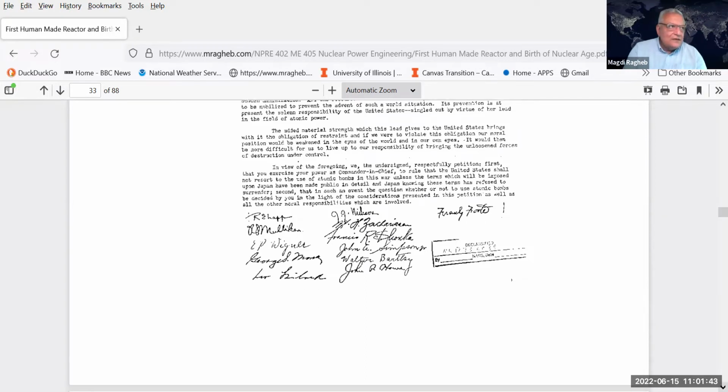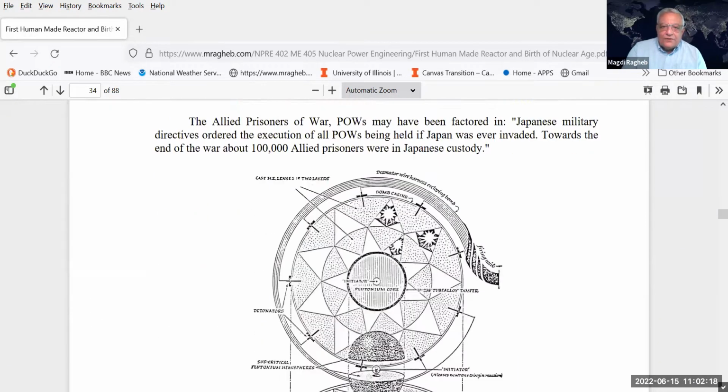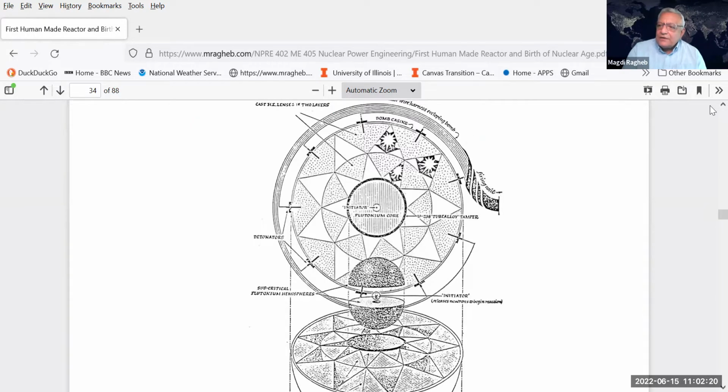In fact, some political and military entities in the United States suggested that there should be a warning and that there was no need to use the weapons, suggesting that Japan was already negotiating for a surrender or an end of the war, fearing that the Russians would occupy some of the northern islands of Japan. Russia had not entered the war against Japan yet at this time. The debate went on, and the decision was taken to attack Japan. And in that case,